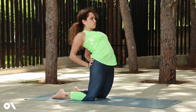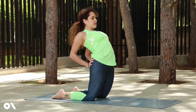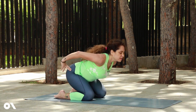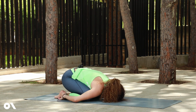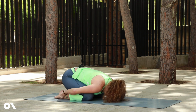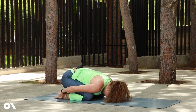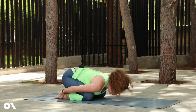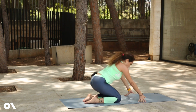Let's hold for one more breath. Inhale up, and exhale, release to the child's pose. Let's relax for one more breath before we go to our next exercise. Inhale up and exhale. Now we're gonna do